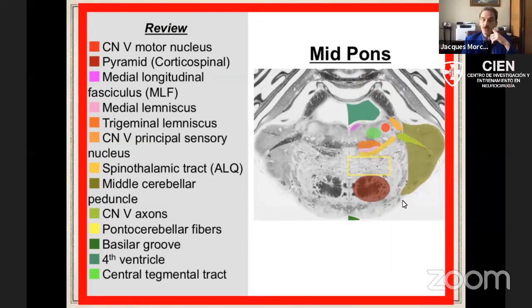Going to the mid-pons, and you will notice the mid-pons, the only so-called bare area is really here, which is the pontocerebellar fibers. Of course, here is a very important corticospinal tract, and the peritrigeminal zone would be laterally, and of course this is the fourth ventricle. Notice the medial longitudinal fasciculus. So one later will be showing possibly an incision in the midline in the fourth ventricle. Realize how close MLF is, and although technically this is a so-called safe zone, it's really not, and I don't like this incision at all, even though it's been classified as a brainstem entry